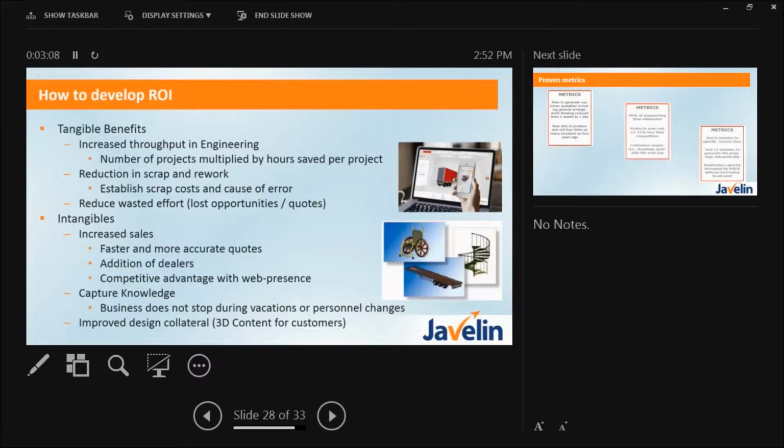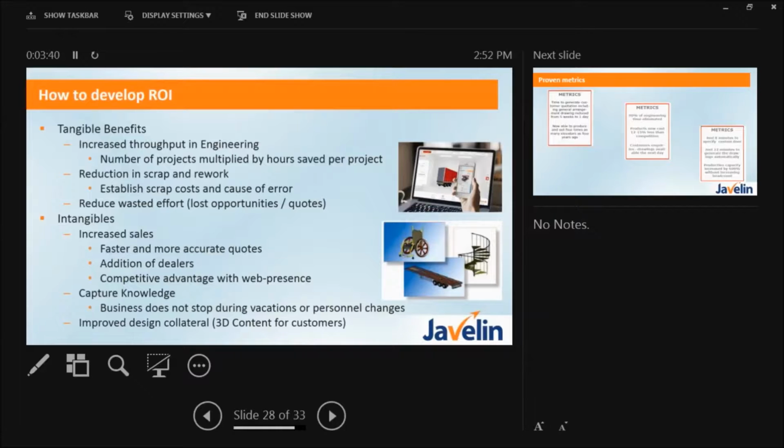So I'm speeding through because some people have hard cutoffs, but with the developing of a return on investment, there's some tangible benefits, and I think if you take a look at how much man hours can be saved with the same as but slightly different type of design is pretty compelling. Reduced wasted effort, and some of the intangibles such as increasing sales, capturing knowledge, so people can go